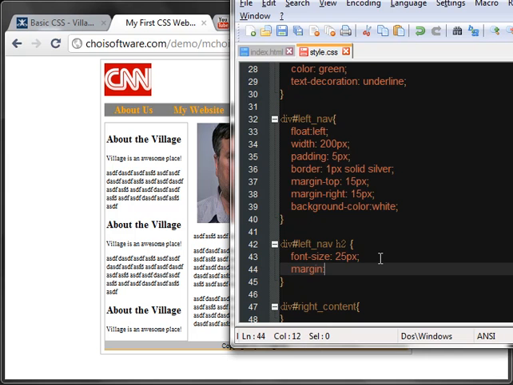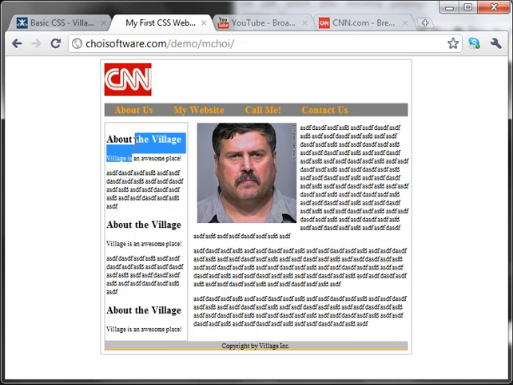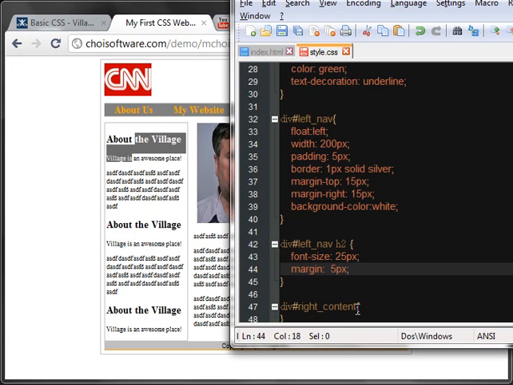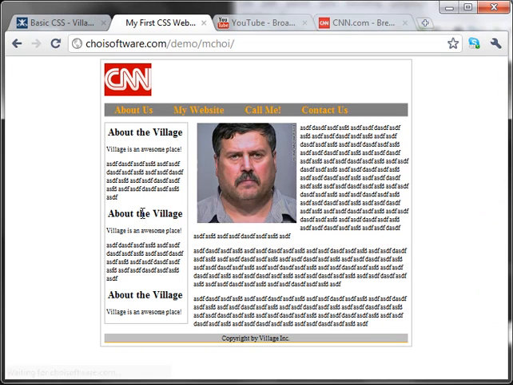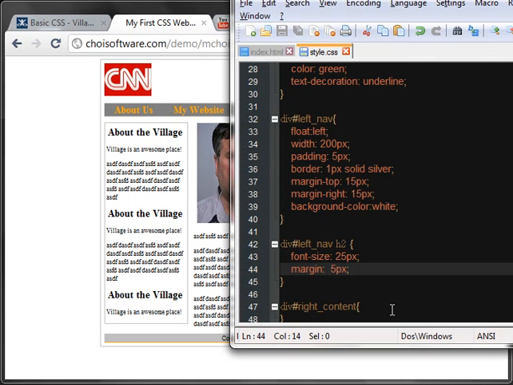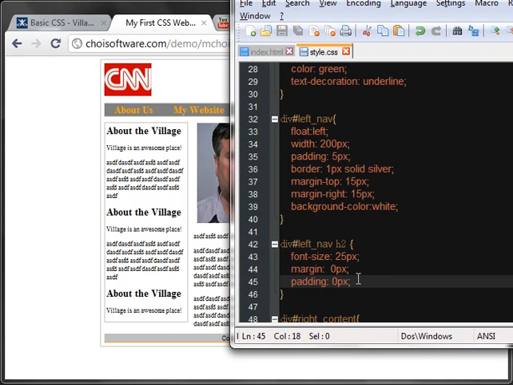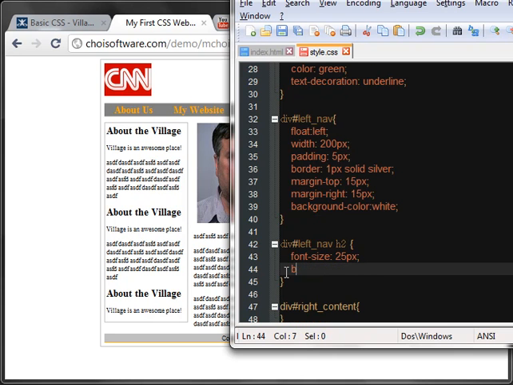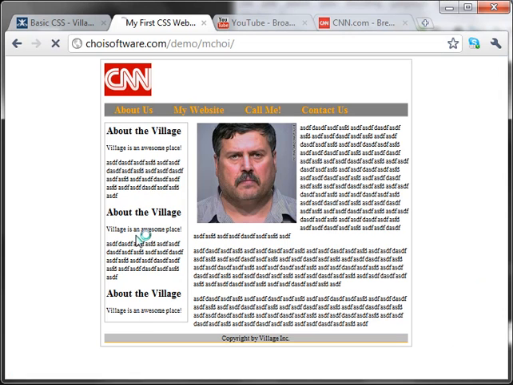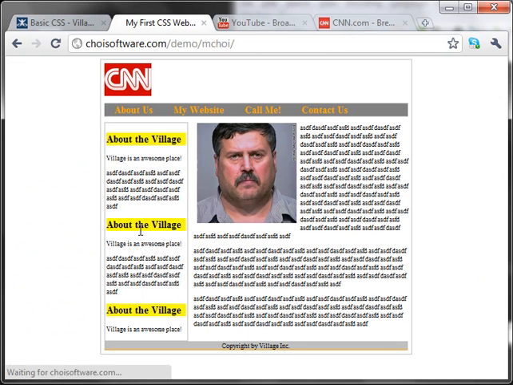And on the margin, see how this naturally has a lot of margin? Let's say I don't want that much margin. I only want 5 pixel margin. Okay, and well, let's do 0 pixel. And let's say, don't put any padding between me. Okay, let me illustrate what this does. If you want to know how things are, you can just always use background color. Okay, so it seems like it has a little bit padding because it's not so close to the border from